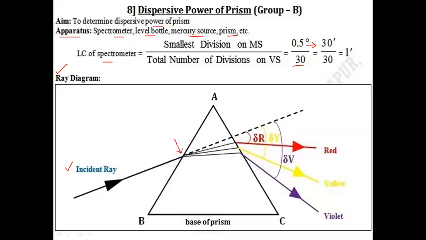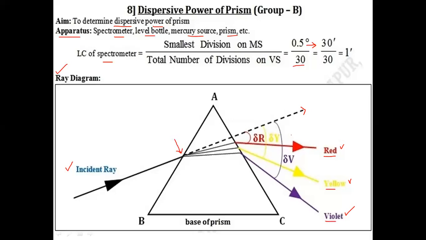This path is there. Suppose if the prism is absent, then this incident ray would continue its journey over here, but due to the presence of prism we can observe separation of white light into its constituent colors. We are concerned about dispersive power of prism, hence we need only red, yellow and violet colors. So suppose we observe red color or red line, then yellow color or yellow line, then violet color or